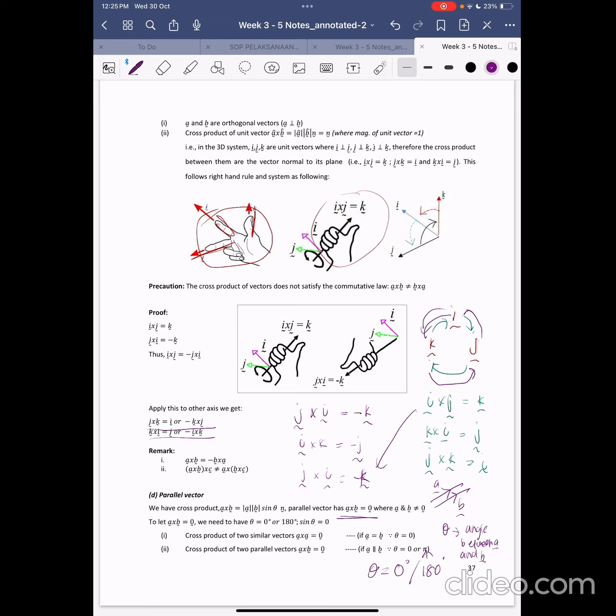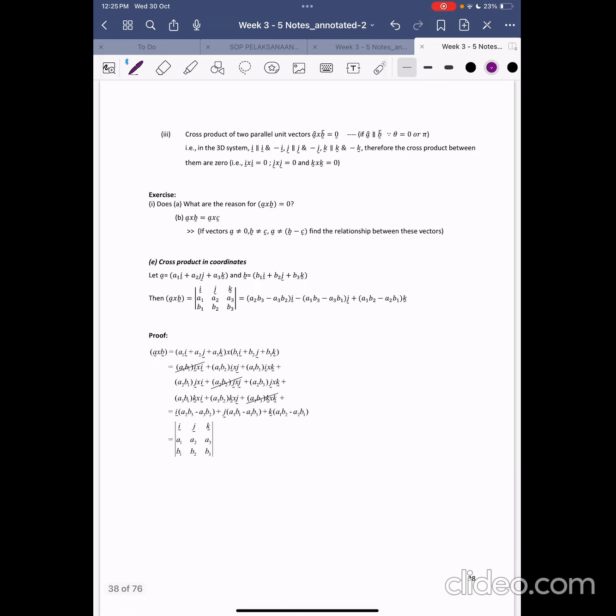So the cross product of two similar vectors, A cross A, will be 0, or the cross product A cross B is equivalent to 0 if the vectors are parallel, which is when the angle between A and B is 0 or 180 degrees. Because if you click on the calculator, sin 0 gives 0, and sin 180 degrees gives 0 as well. Alright, the cross product of two parallel unit vectors will be 0. So having said that, if you cross product with its own direction, I cross I,